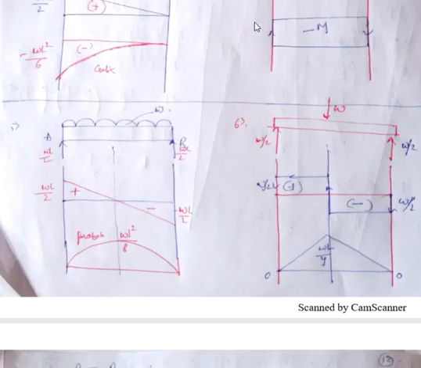Then, as we discussed in our previous class, this is a simply supported beam subjected to UDL of load intensity W. Again you can see here, just like the cantilever beam, the SFD curve is varying linearly, and the BMD curve is varying in the form of a parabola. And one more point you need to remember here is, when the shear force is 0, the bending moment will be maximum.